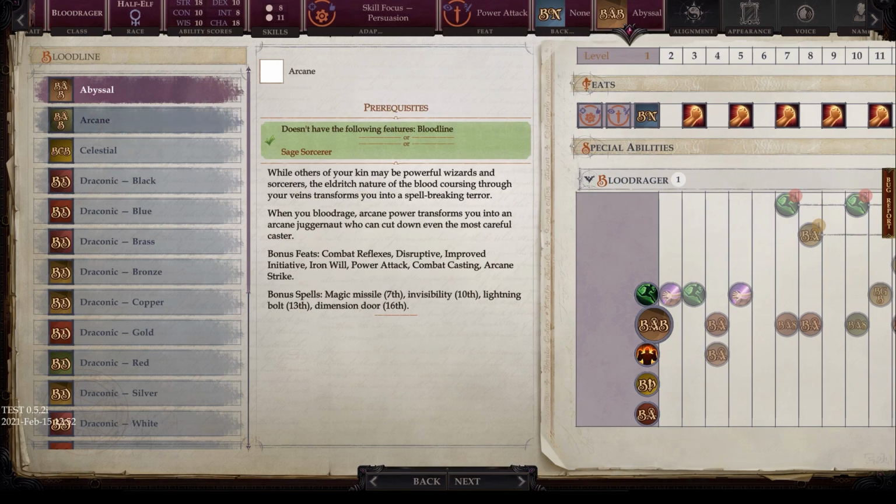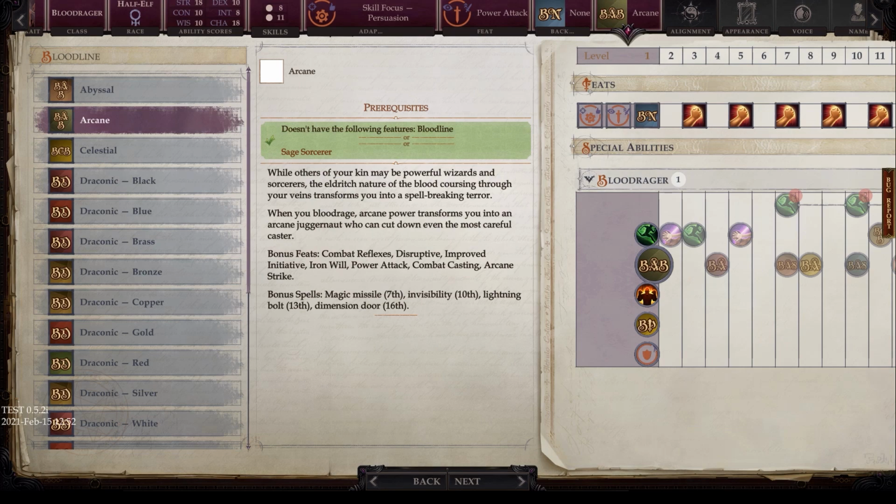Now let's take a look at Arcane. So while others of your kin may be powerful wizards and sorcerers, the eldritch nature of blood coursing through your veins transforms you into a spell-breaking terror. When you Blood Rage, arcane powers transform you into an arcane juggernaut who can cut down even the most careful